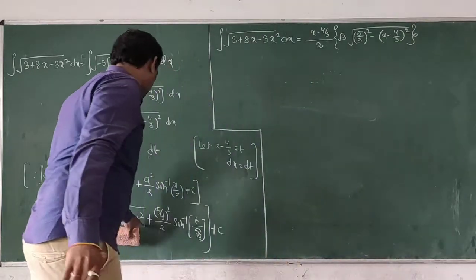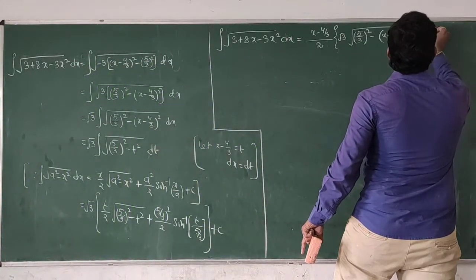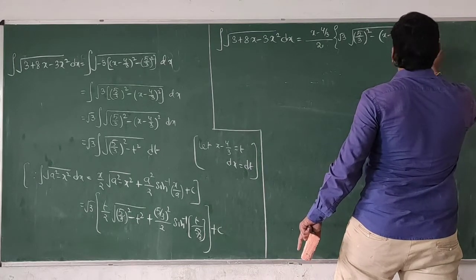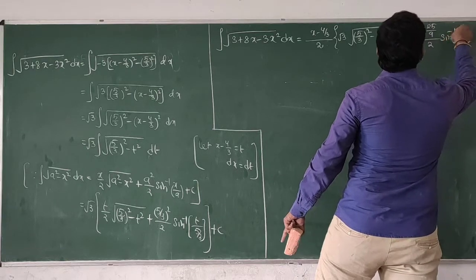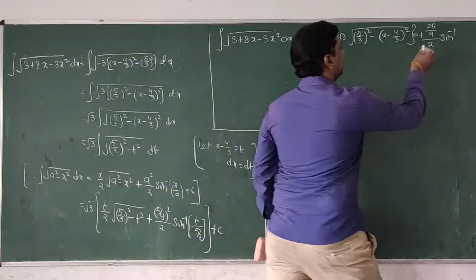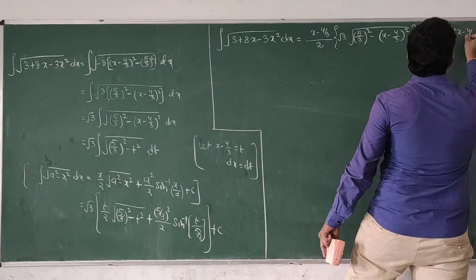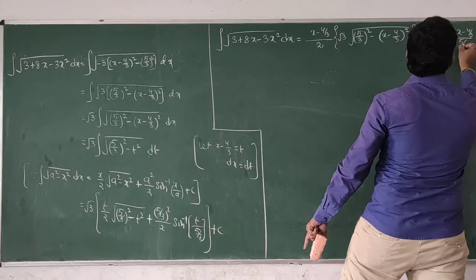Okay, up to here complete. Plus 5 by 3 whole square, 25 by 9 by 2 sine inverse of t value x minus 4 by 3 by 5 by 3